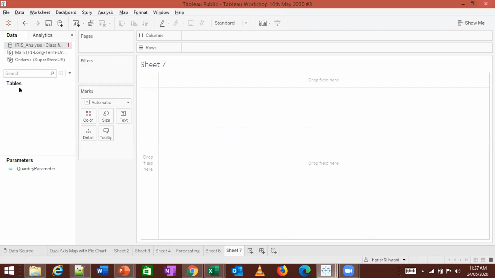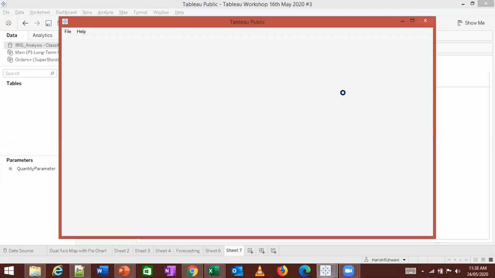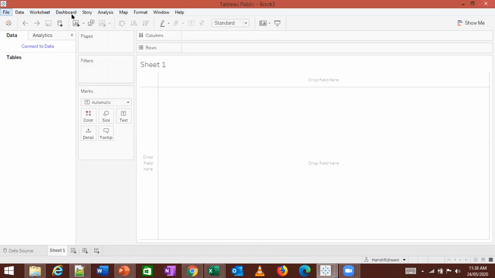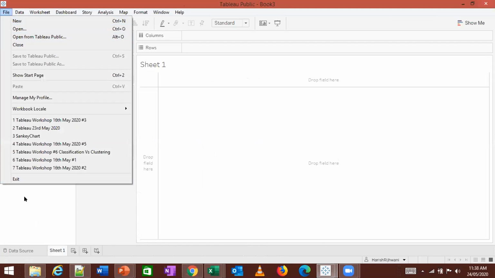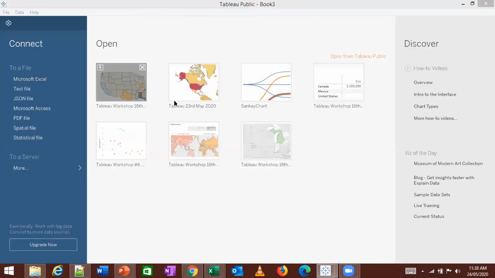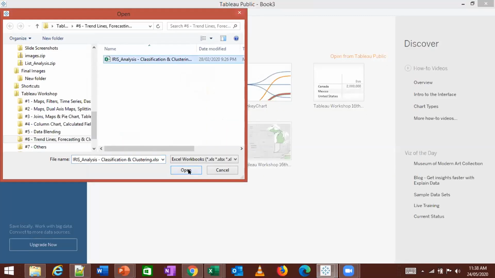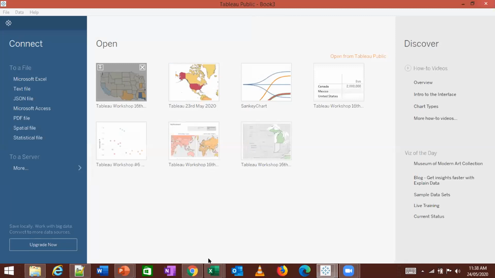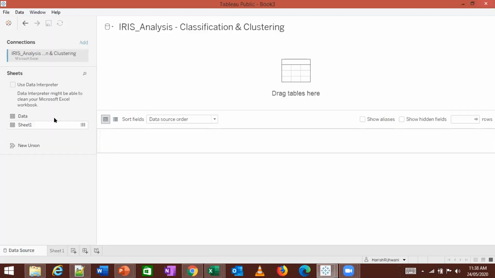Why is it not loading? There's some error. Let me try and open a new one. So till that time, can you load that iris sheet into your Tableau workbook? Yeah, so I see that. I see the data.